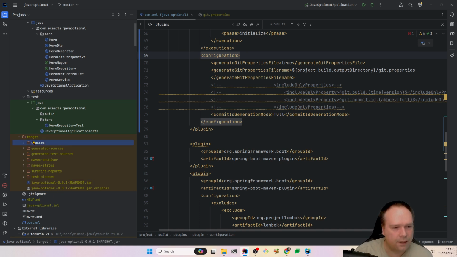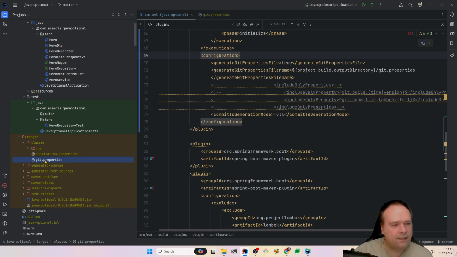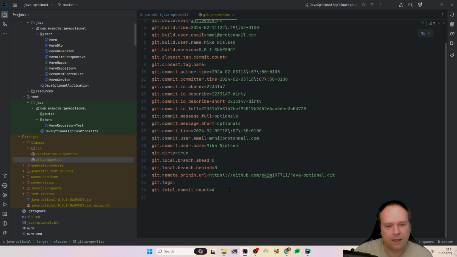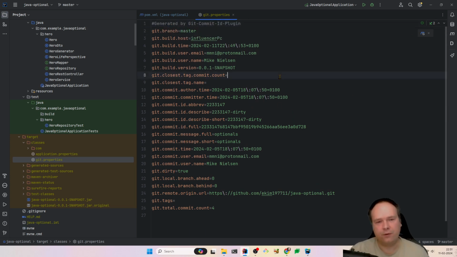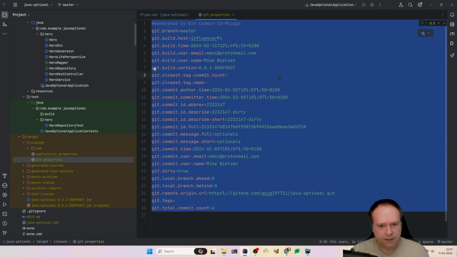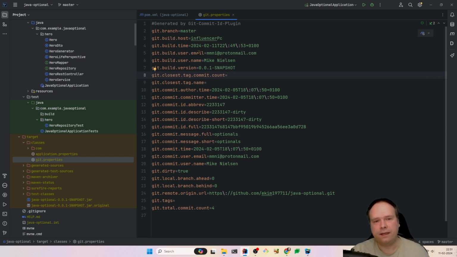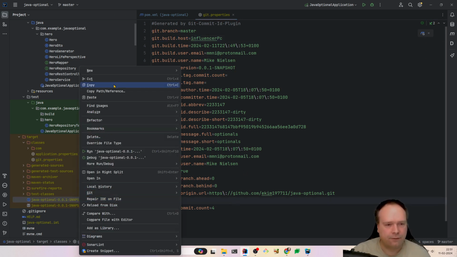And if you go look at the classes, oh, what is this? Now I have a git.properties file right here. Okay, so this is what has been created. So all of these cool properties have now been placed in a git.properties file, and then I can create a REST controller that fetches all of these properties and exposes that as JSON so my front-end application can pick it up. Just for fun, let us look if it's also in the jar file as it has